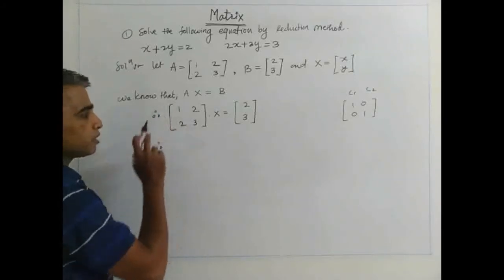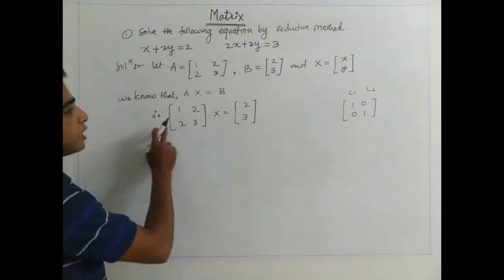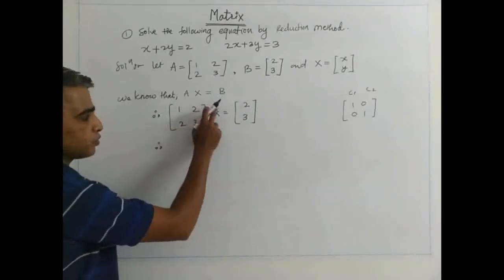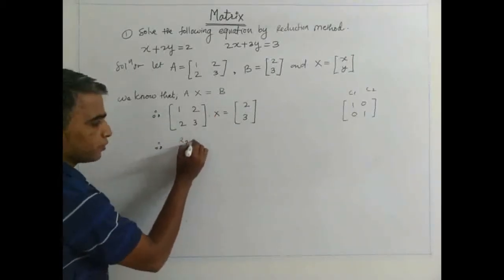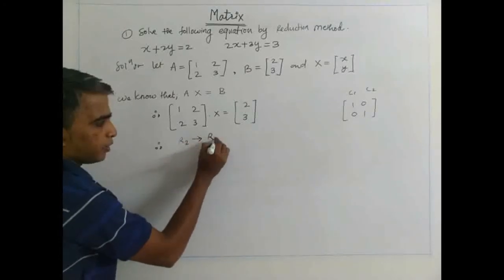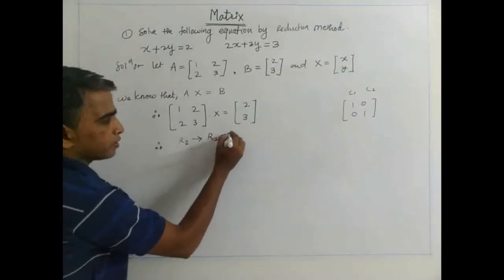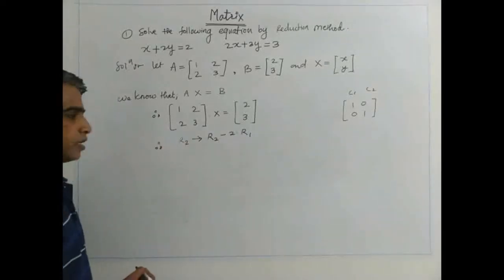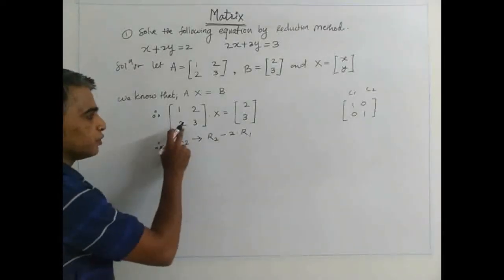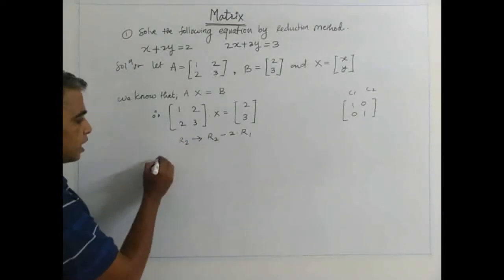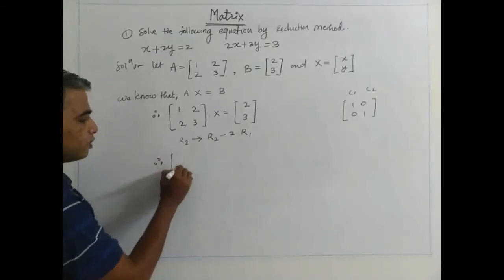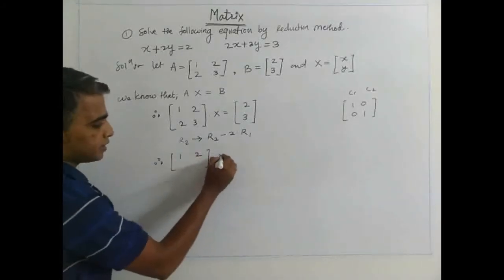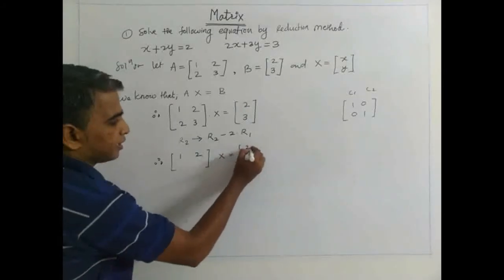Now this is just about numbers. Now we are thinking about the equation. This 2 lies in the second row and this 1 lies in the first row. It means the second row is going to change by using the equation R2 minus 2 times R1. Then automatically you will get the value 0 here. So start with that conversion. Now only the second row is going to change, so the first row will remain as it is. So 1 2 is written as it is, the X matrix as it is, and here 2 as it is.